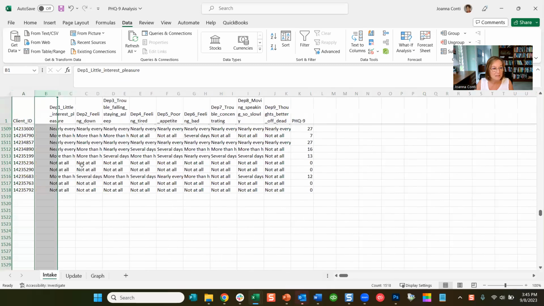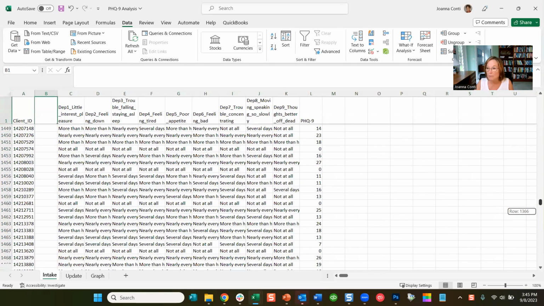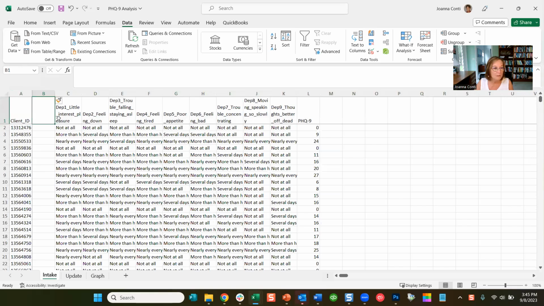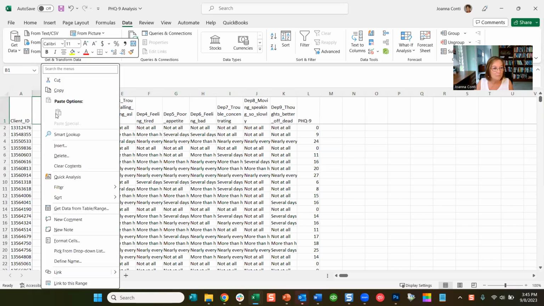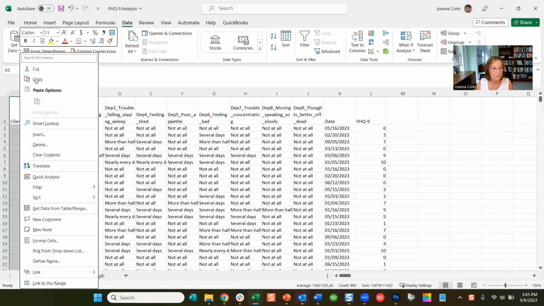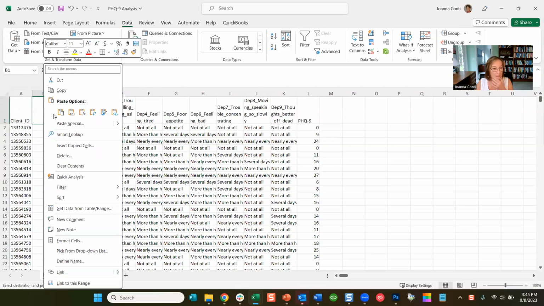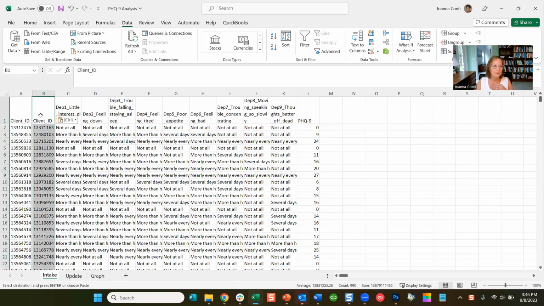I'll make a new row. And then I want to copy the client IDs from, oops, let me go back and get it again. Update, copy, go to intake, paste. Okay, so we don't get confused, we'll say this is the update client